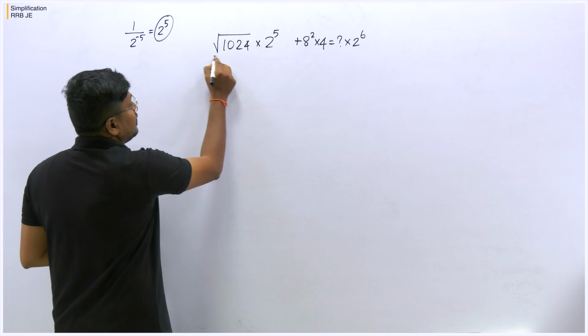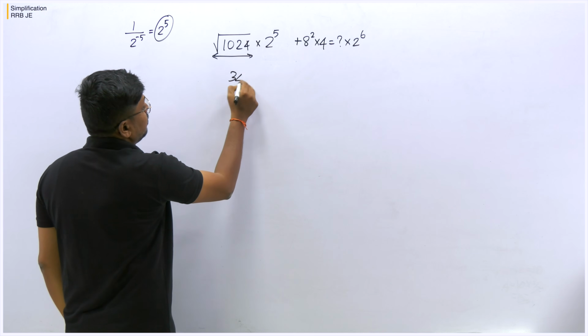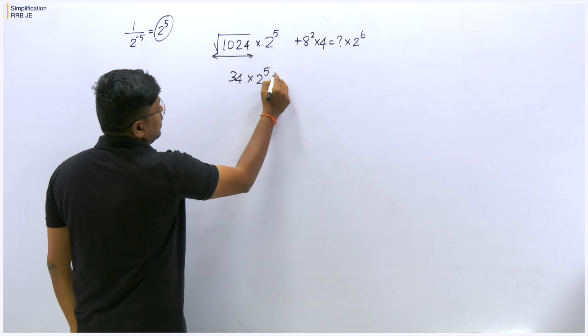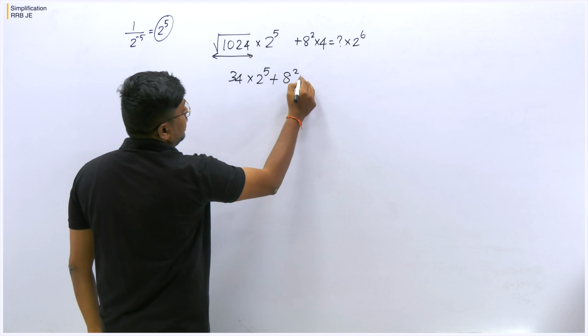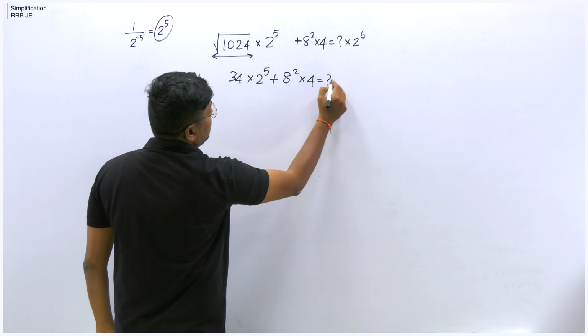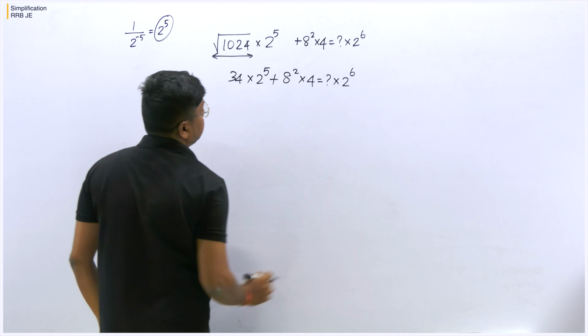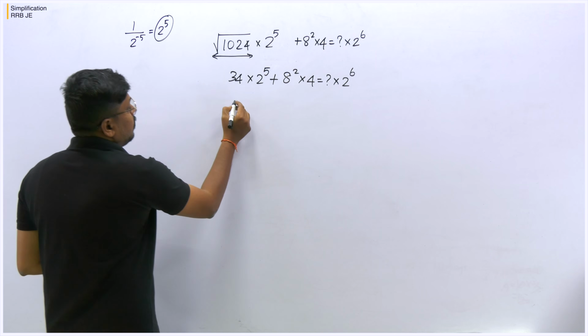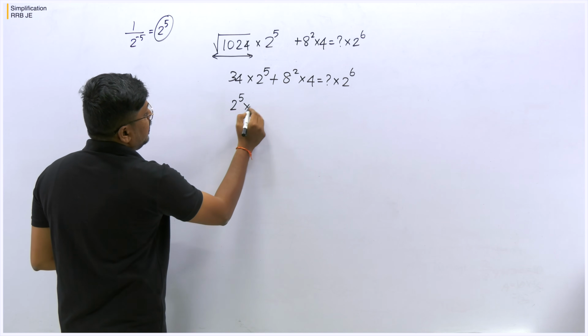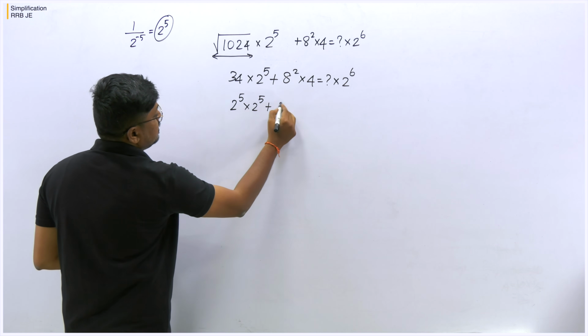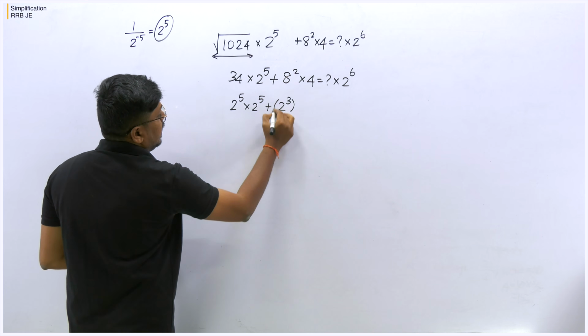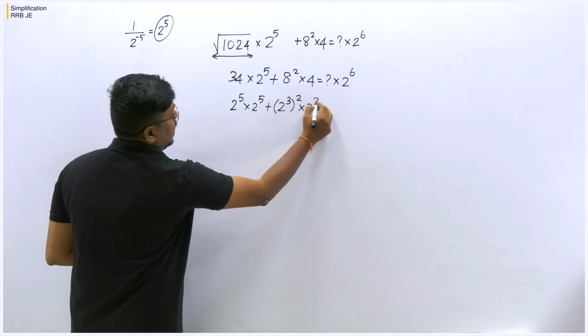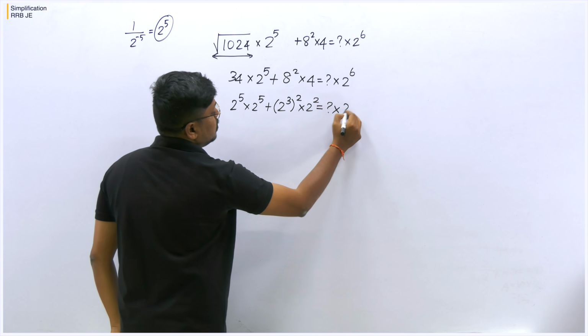So the square root of 1024 should be 32. So the square root of this number is 32 into 2 power 5, plus 8 square into 4 is equal to question mark into 2 power 6. So 32 will be 2 power 5, so 2 power 5 into 2 power 5, plus 2 cube will be 8, so 2 square